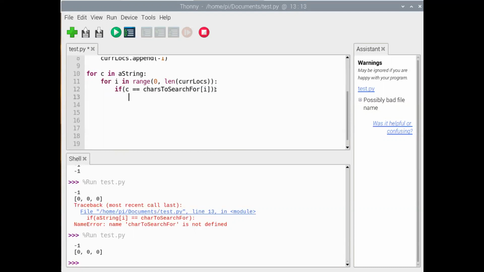If that's true, I'll go ahead and set curlocs at bucket I equal to, I need to up my position. Okay, so before I found, I have a -1 there, I need to increase my position. With a for each loop like this, I get my H, I get my E, I get my L, my O, but I don't actually get the counters. So I would probably upgrade this and say